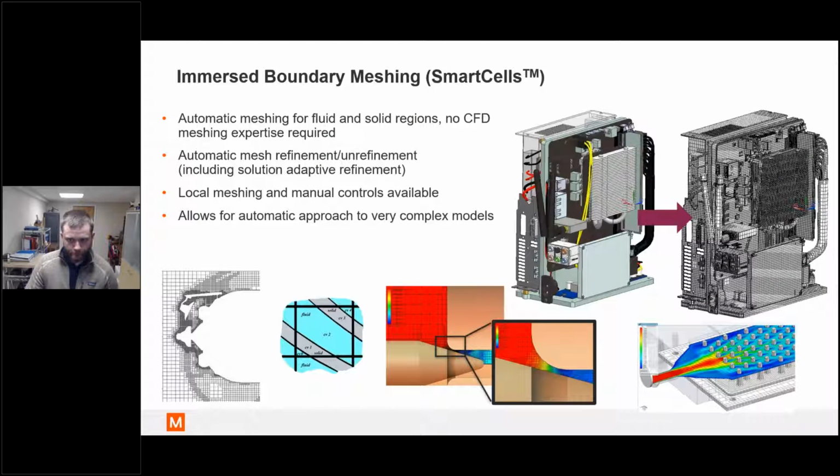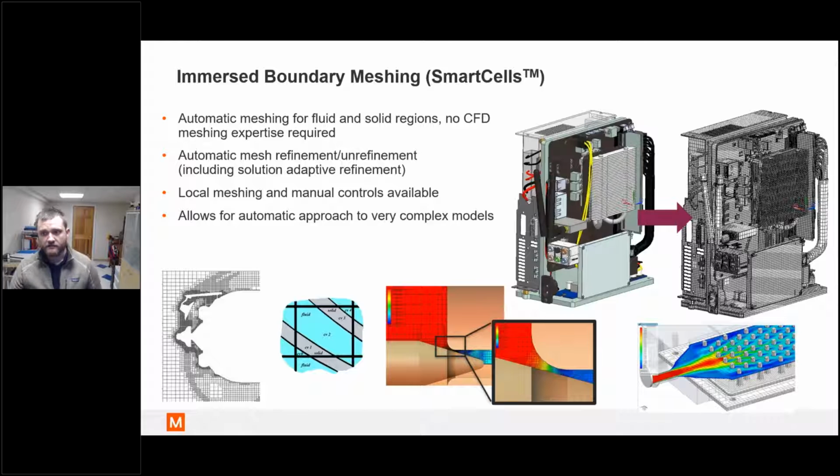So, immersed boundary meshing. If you've known anything about CFD and you've used some traditional CFD packages, this might sound completely different, and it is. When I first started using this tool, it surprised me and it wasn't what I expected, compared to what I had seen in the past. FlowEFD uses immersed boundary meshing. So when you're creating a CFD model that is using conjugate heat transfer, which includes solid and fluid domains, there's one entire continuous mesh throughout the entire domain, and fluids and solids are automatically separated using Smart Cell technology.